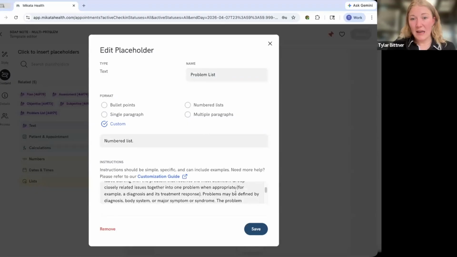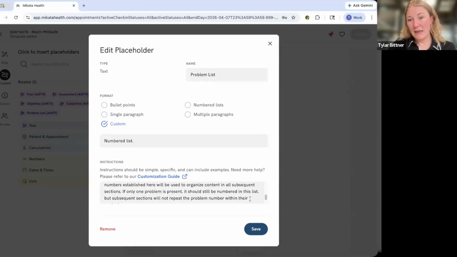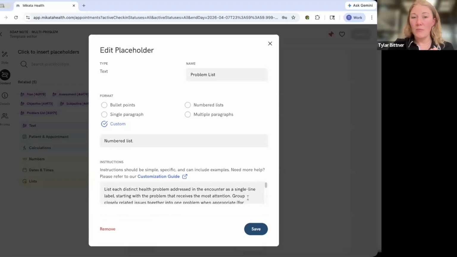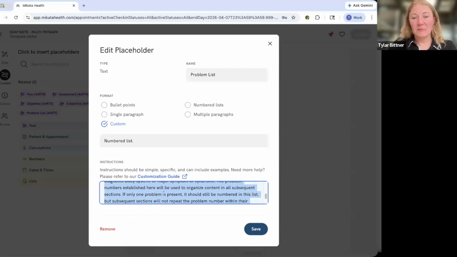And then lastly, and arguably the biggest update, is now you're able to view the prompt and edit it. So previously with these placeholders, there wasn't the visibility to see what the AI is being instructed to search for within that transcript, and also what it's being instructed to do with that information.